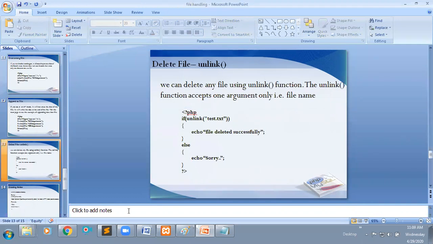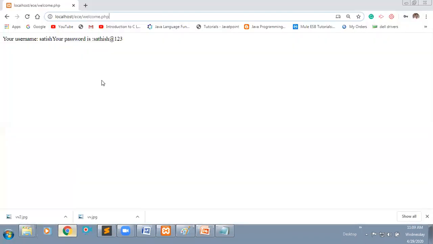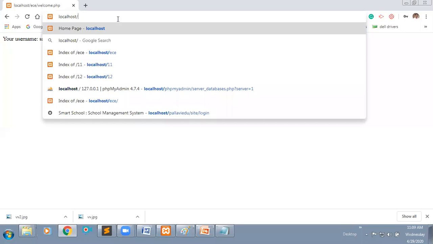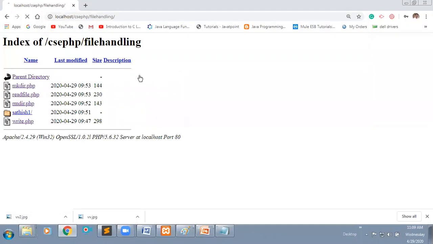For a sample, I will just show how these operations are performed. I have already one file here, saved somewhere.